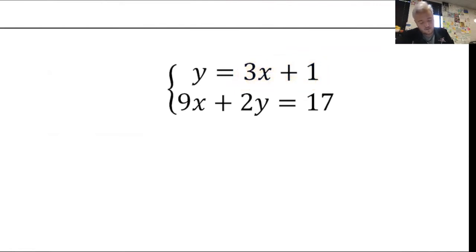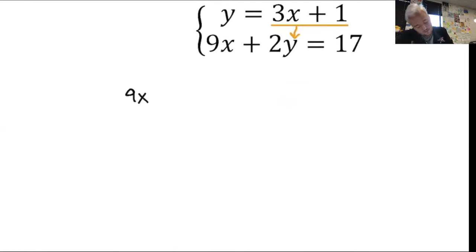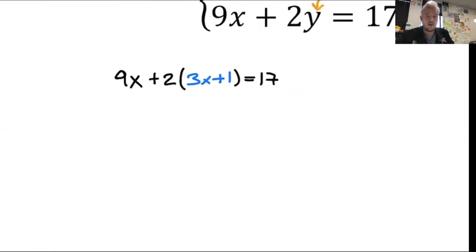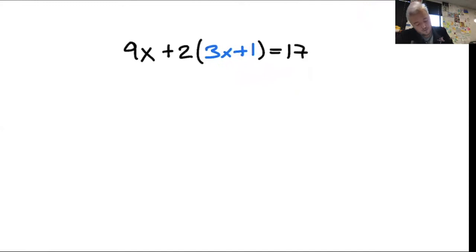I'm going to sub all this in right here for my y value in my other equation. So I'm going to start with 9x plus 2 parentheses 3x plus 1 equals 17. So this 3x plus 1 right here, this is what I'm subbing in. This is from the other equation. All right, so now I want to solve for x. So I'm going to distribute. So I have 9x plus 6x plus 2